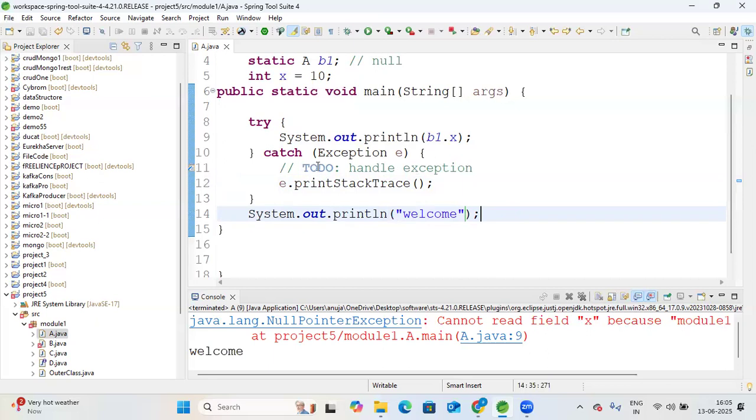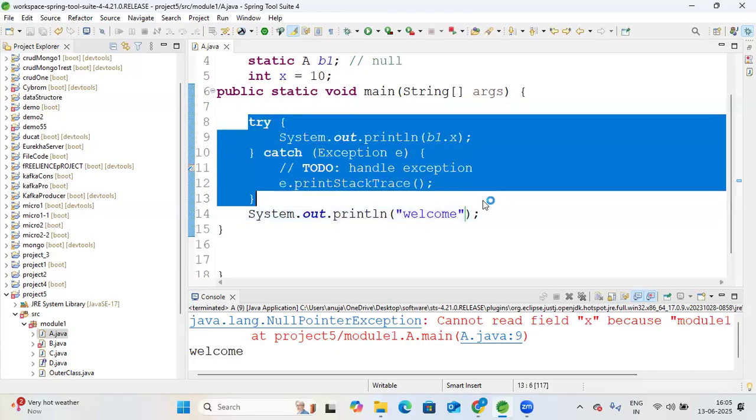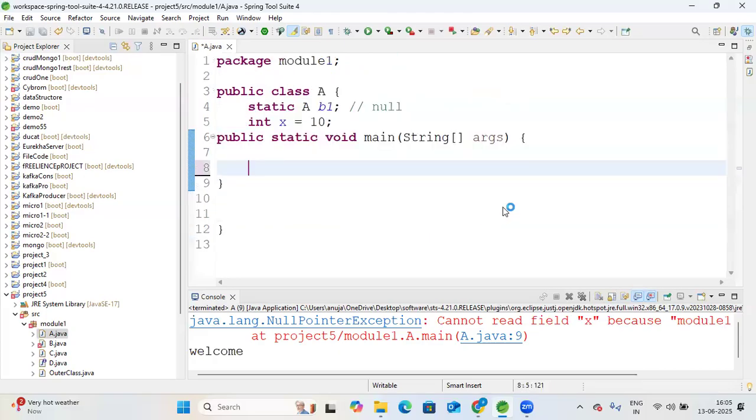Similarly, array index out of bound exception is the same thing. If you want to access an array element which is out of bound, for example the array size is 3, and you want to access index 4, index 5, which is basically not present, then you will get an error like